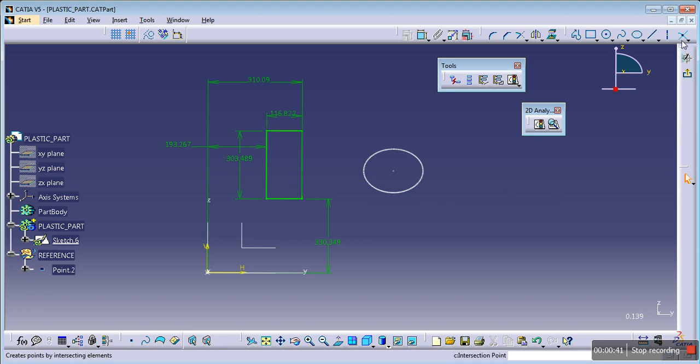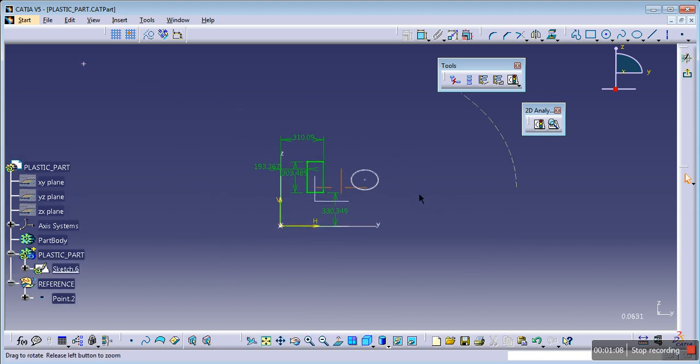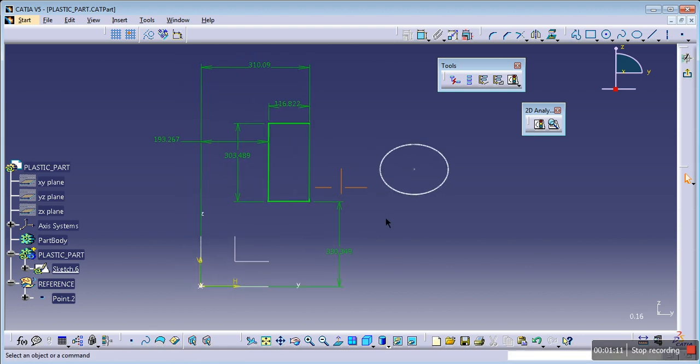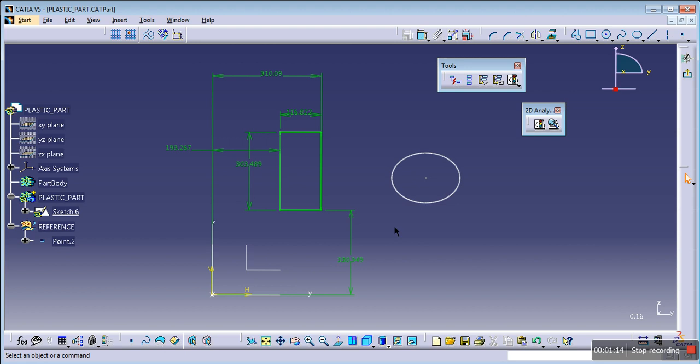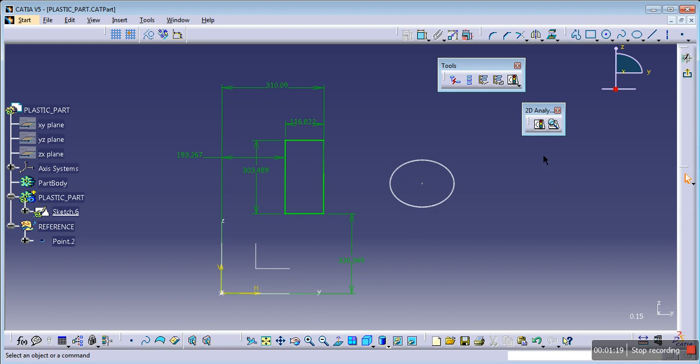For example, let me take a point and place it over here, and let us assume you are working on a big project and you haven't observed a point which is lying on your design. How do you know, for example, that this point is far away from your design, you are not able to see it and you haven't noticed that? So let us see how to find the leftover non-constrained designs.